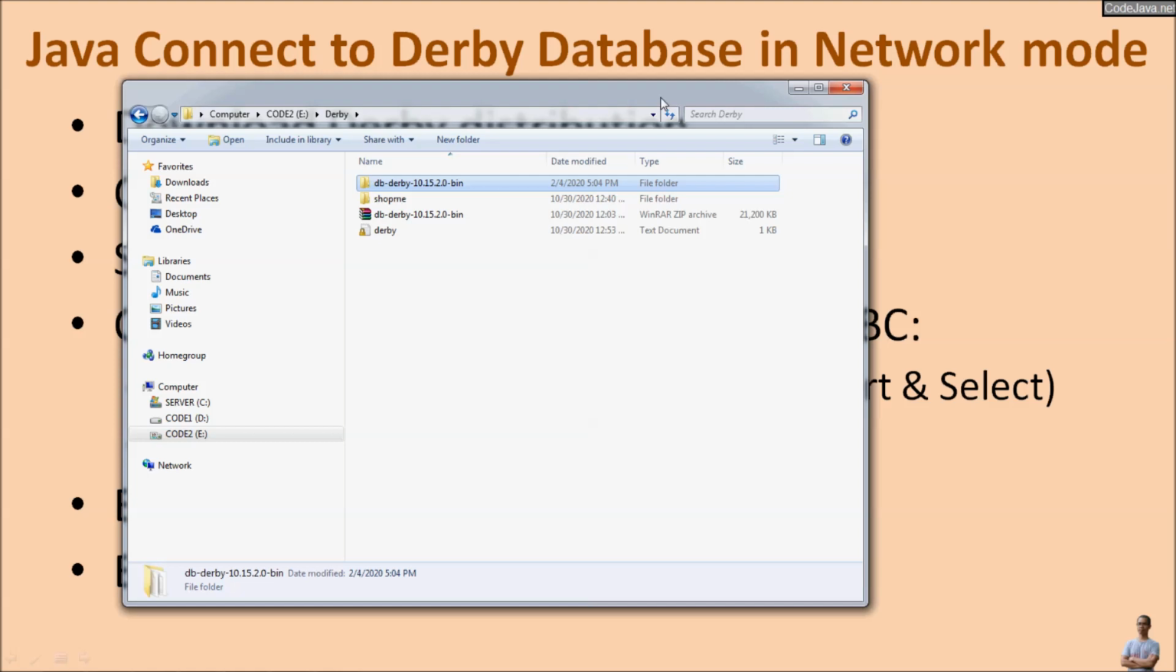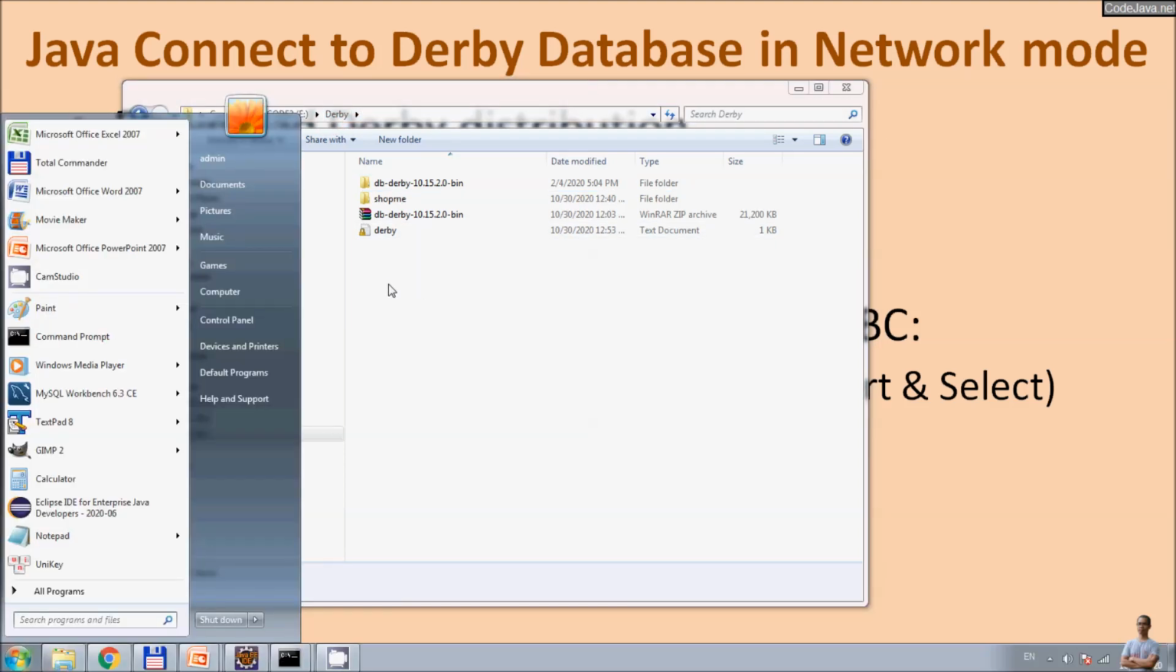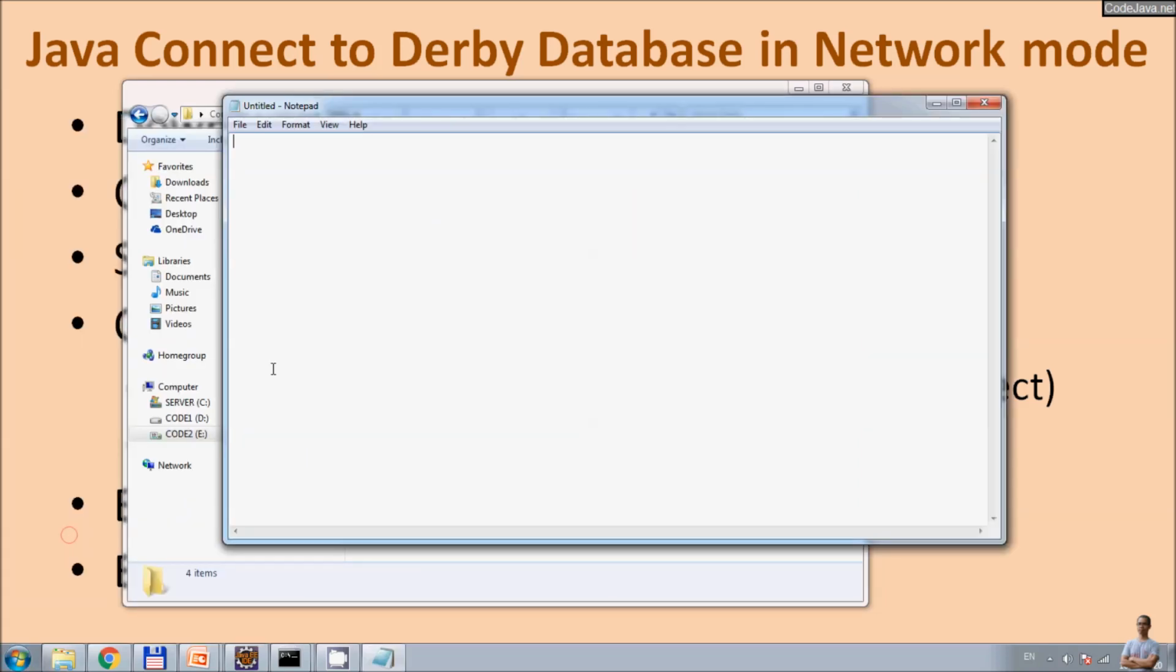Now I'm going to show you how to start a database server in authentication mode. That means the client program needs to provide a username and password in order to connect to the server. So we start by creating a new properties file in the directory where we start the server. Here you see the Derby directory, and I open the text editor Notepad here